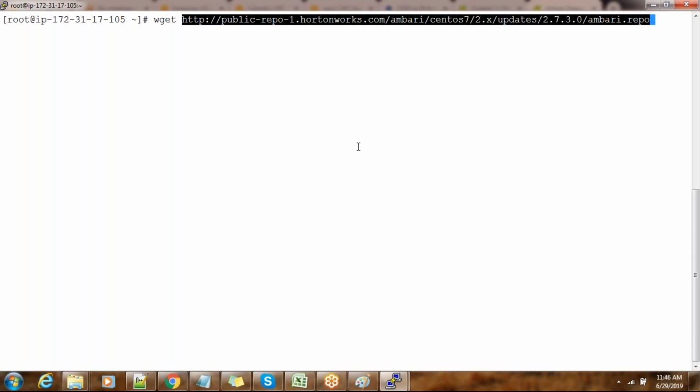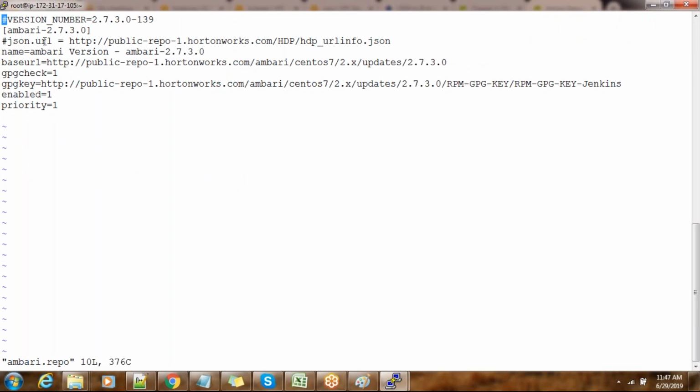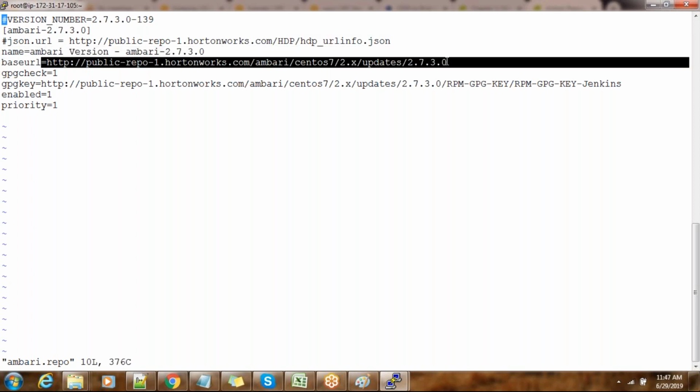Actually this is needed if you are going with an internet-based installation for the repo. Let me open this. See, this is the section, and the name is some name. Then the base URL in the internet, which is the location. Actually this is the same as this one.